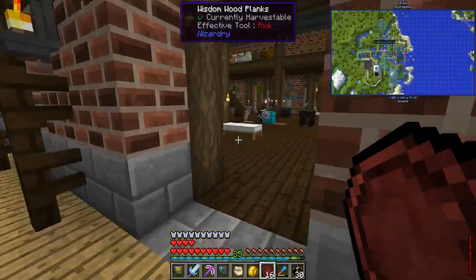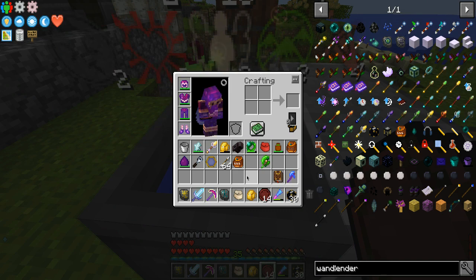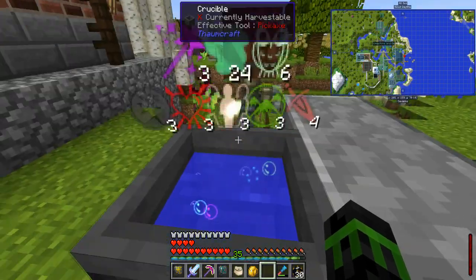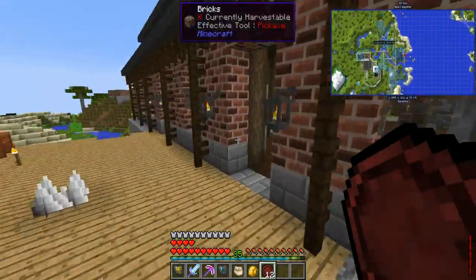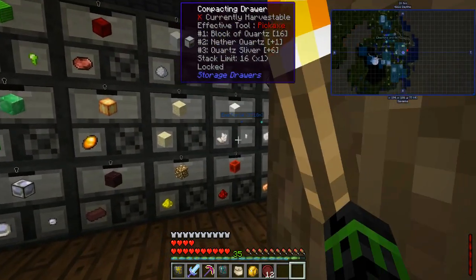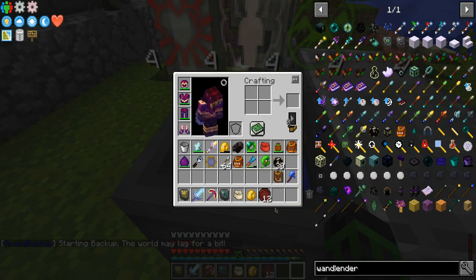Let's go grab some arrows. Alrighty, so 4 arrows, 2 blank seals gets us not what I wanted. Interesting. Perhaps I need to right click. That's making it worse. Okay, let's get a whole bunch of quartz and fix that mess before it gets even worse. Thank you. That wasn't supposed to happen. That was supposed to start crafting things, so...